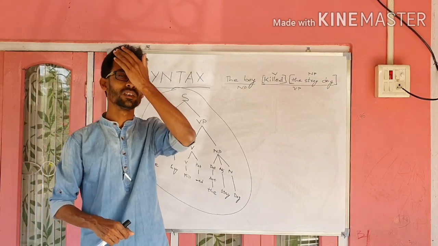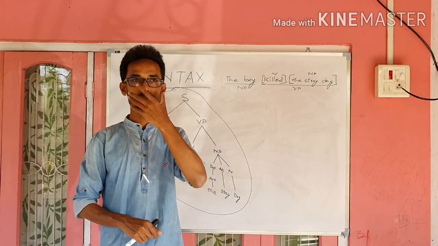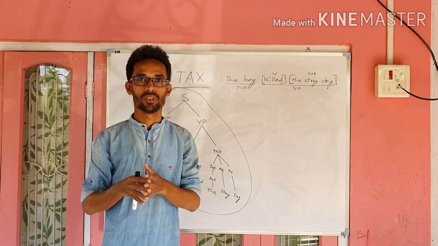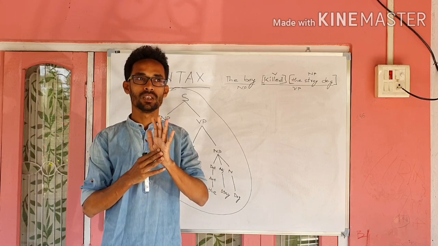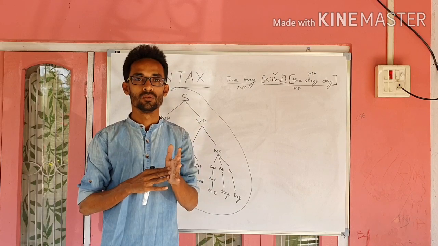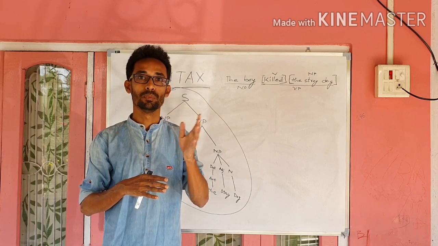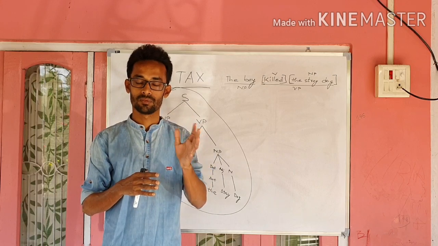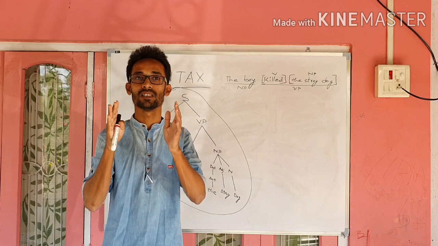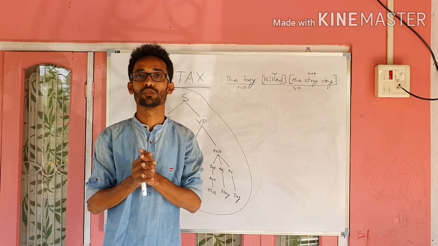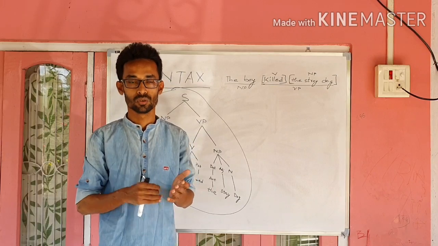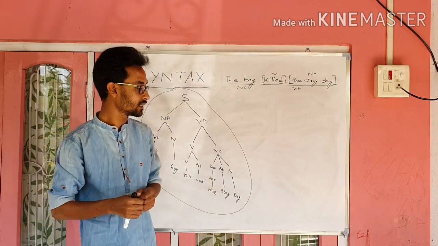So why is this important in a language? This is important so that we can analyze what we have written. Because as we know, the English language has certain word orders which are rigid. We cannot break it, or flex it, or shuffle it. So whether the things are sitting properly in their places or not, to see that, this analysis is necessary. So this was all about IC analysis.